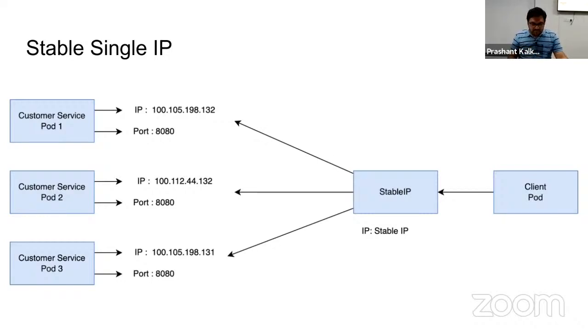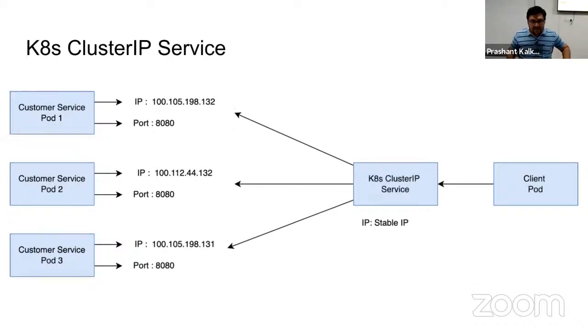Again, every component here is still within the cluster. That's exactly what the cluster IP service type does. We talked about Kubernetes services, and I will show you what a service looks like and what it does. One of the types of service is cluster IP. This is the default type, and we will see why it is called cluster IP. But you can guess right now that it is giving you a stable IP to communicate to,